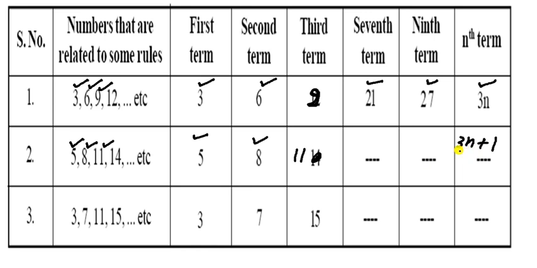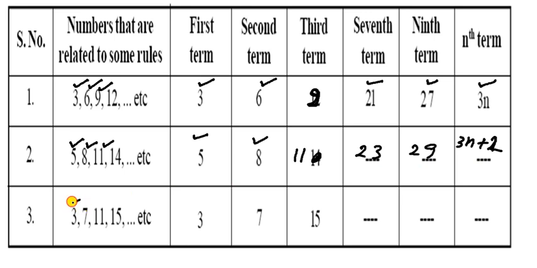Suppose n is equal to 1. So 3 plus 1 is 4, so you can write here 2. So 3 plus 2, that is 5. And 6 plus 2, that is 8. So what about the 7th term? 7 3s are 21 and 2 is 23. So it is 23. And the 9th term is 27 plus 2, that is 29. So that can be written with the help of this formula.